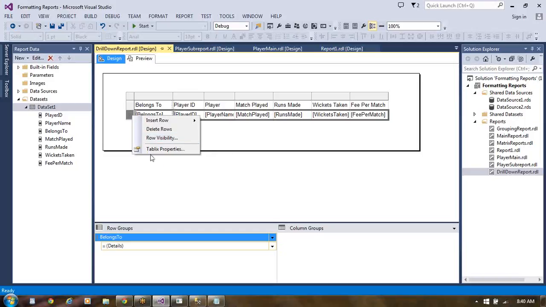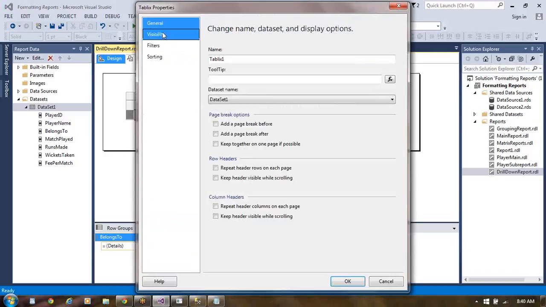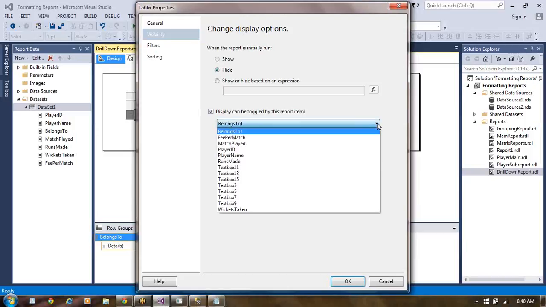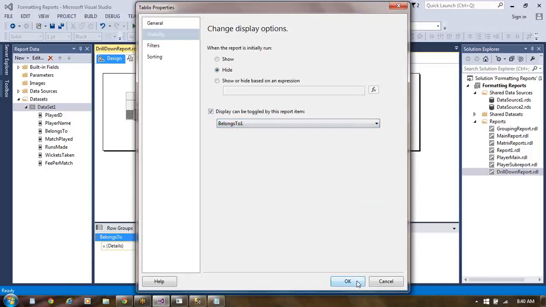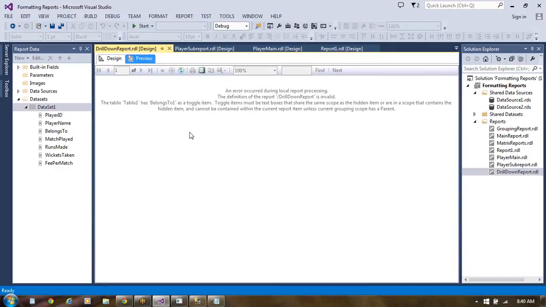Row visibility, dynamic properties, let us take visibility here. This should be once again the player ID runs that we have taken. Click on OK. Then we come into preview here. What does it say? Invalid.